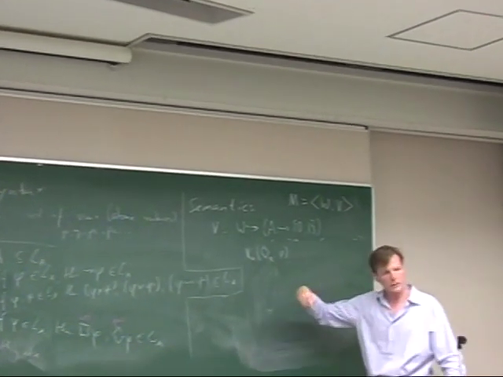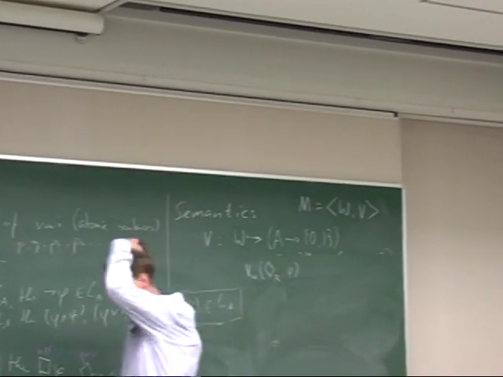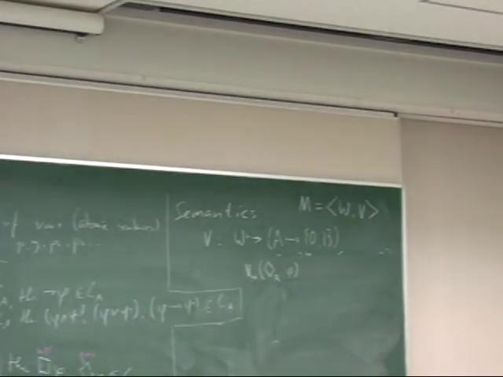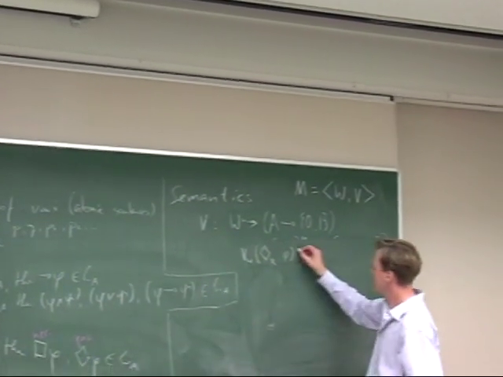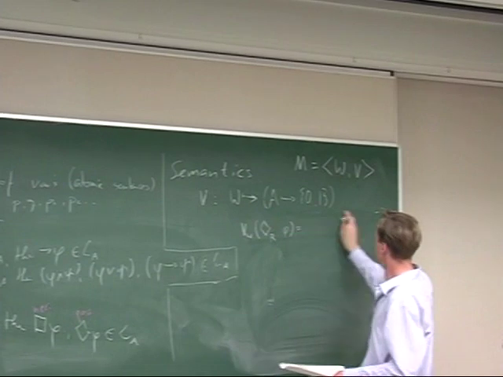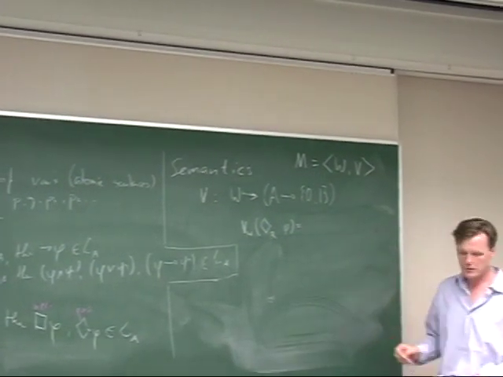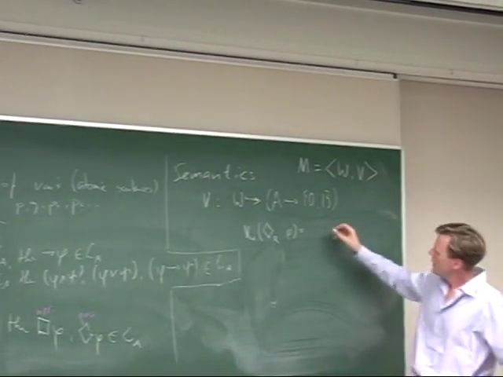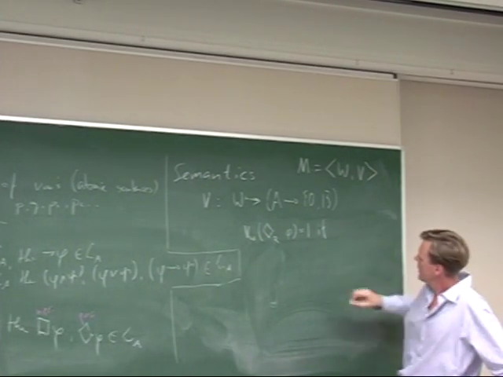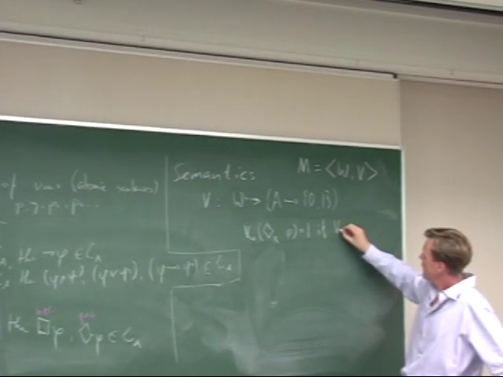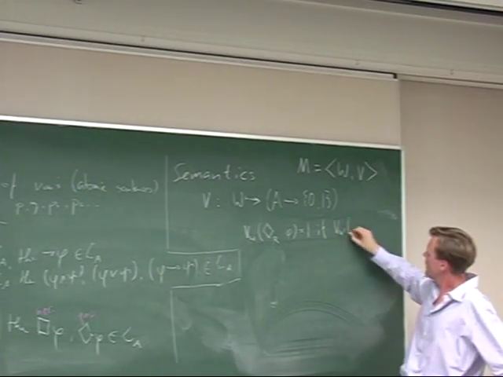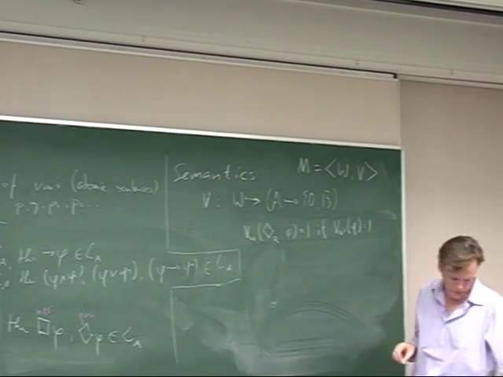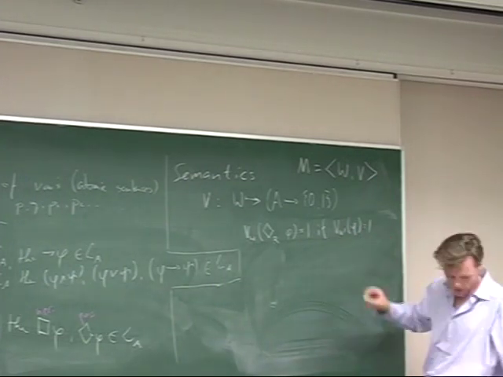Some particular reading of the modal, deontic, epistemic, whatever. And now here, well, actually, yeah, let me write this. This is one if V W prime of phi equals 1 for some, there's